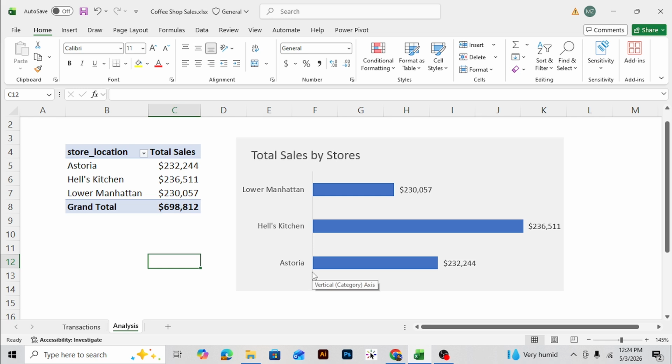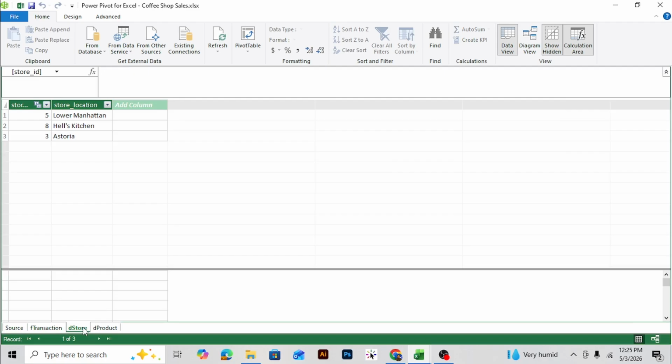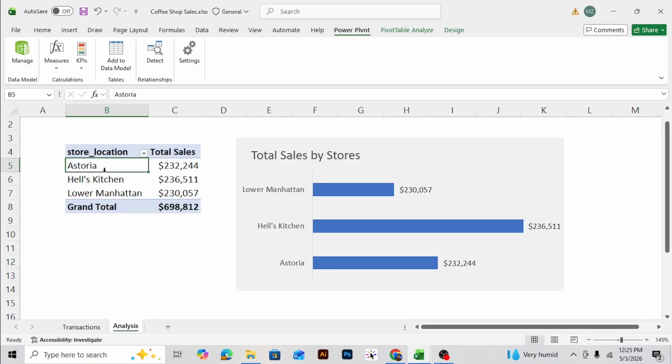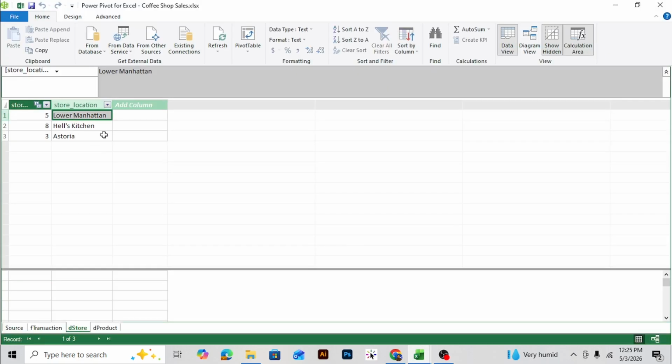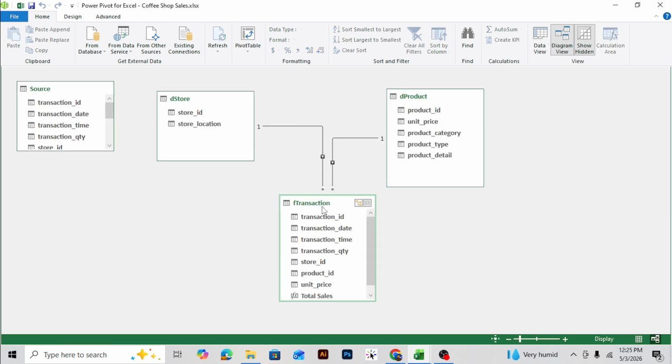So you can create a dashboard on this data model, but you may ask how the data model is optimized. So if I go to the data model, let me show you what is happening. If you look at the Astoria, what is happening when I drag this Astoria from the store location in the pivot table, then in the Power Pivot, what is happening? For Astoria, it is picking the 3 as a store ID, and by following the relationship, it will filter the